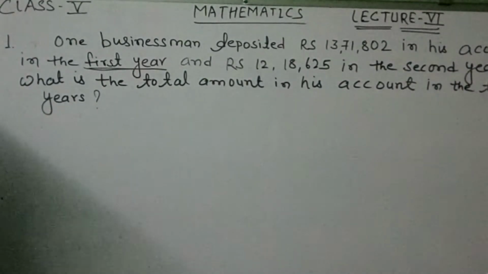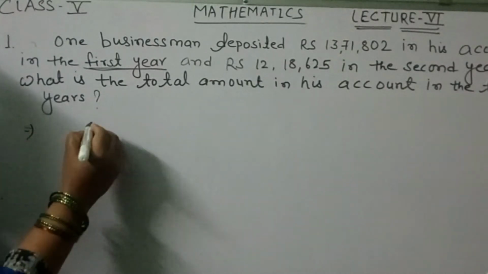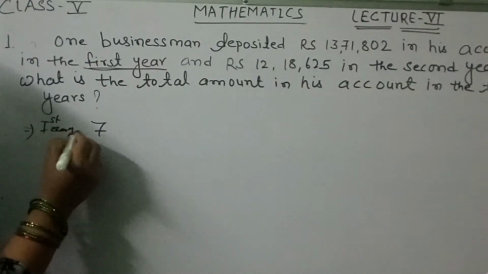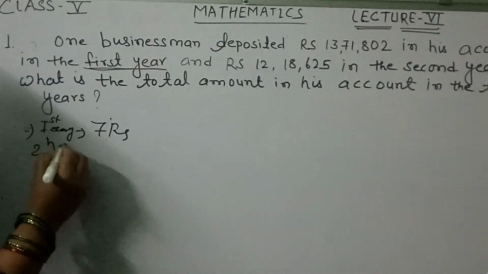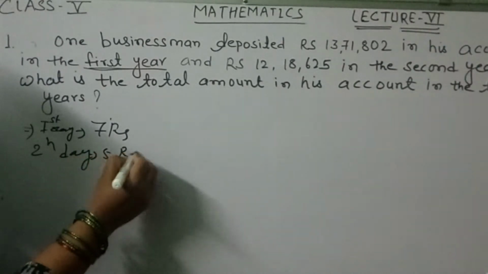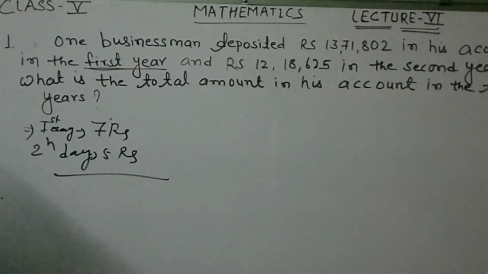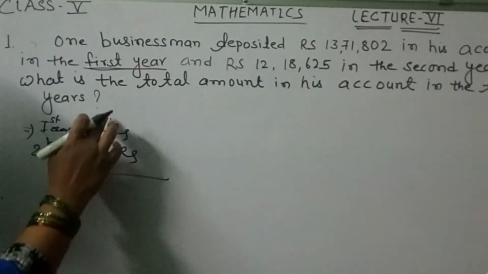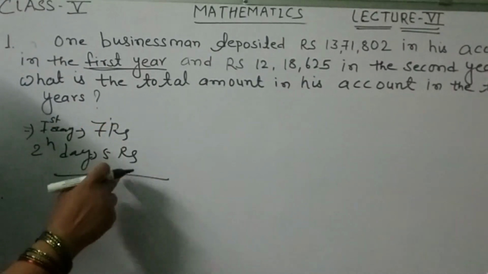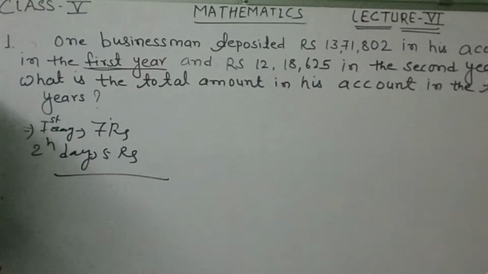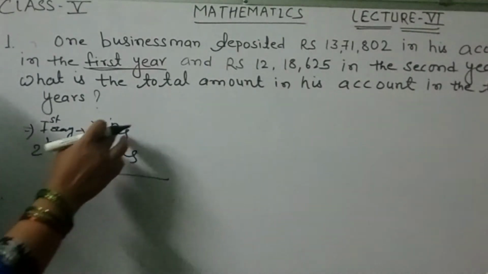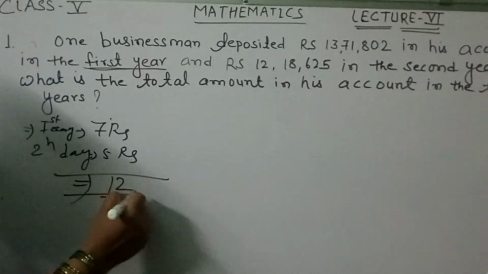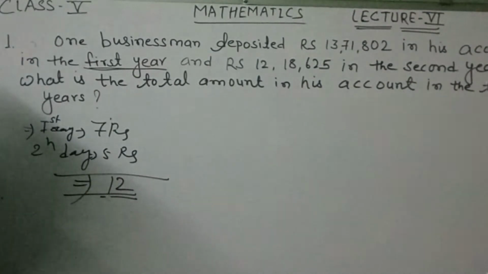Suppose, children, I tell you: first day I will give you 7 rupees, and second day I will give you 5 rupees. Then how many rupees do you have now in total? Then what do we have to do? First day 7 rupees, second day 5 rupees. Then what operation will we do? We will use addition, means we will add these two numbers. 7 plus 5, 12. Means you have 12 rupees now. Same way here,